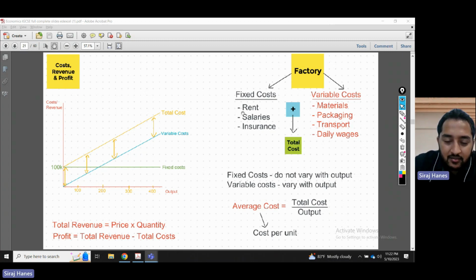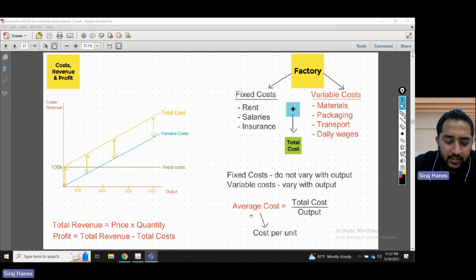And since we're adding our fixed cost to a variable cost, we're starting the total cost from the fixed cost line and going upwards because this is parallel to the variable cost. It's only increasing by the amount of the fixed cost. That's what the total cost looks like. One more cost that we need to learn is average cost. Average cost is the cost per unit. I want to see how much is the cost per unit. Total cost divided by output, we get what we call the average cost.